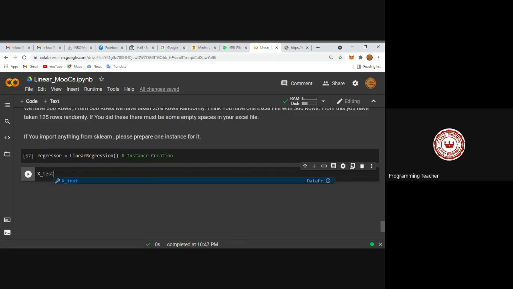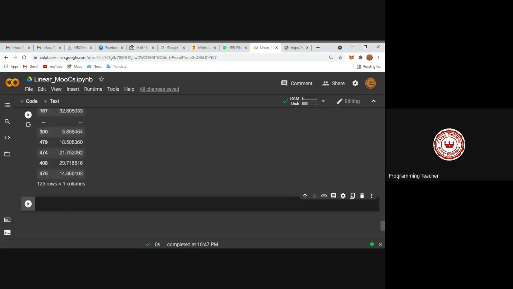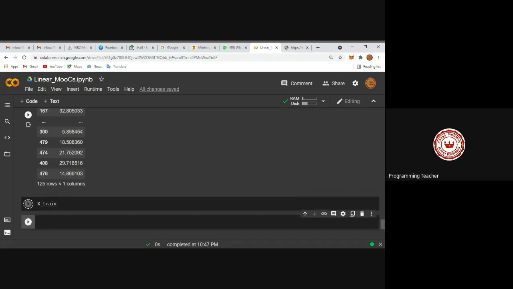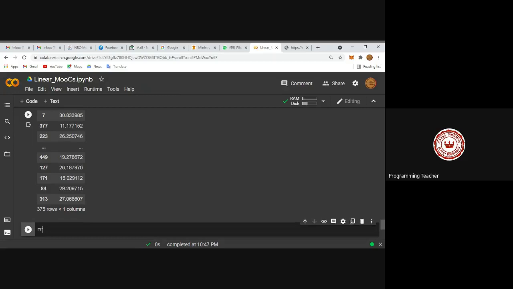X-test is okay. That is newly created. That is containing only 125 rows. But in case of X-train, that was our mother data. There are already 375 data available. And their internal alignment was already destroyed because you prepared X-test in new formations. Then there is no such gap because that was created by you only. So regression.fit. Which one do you have to fit?